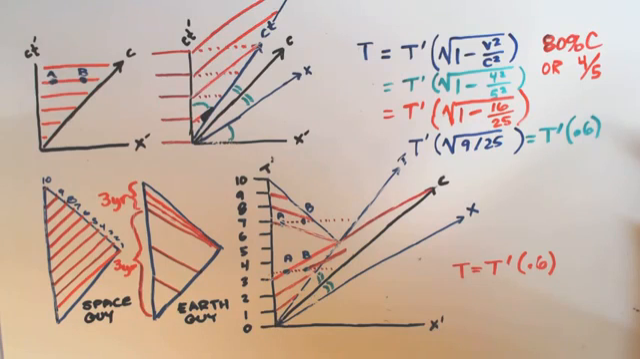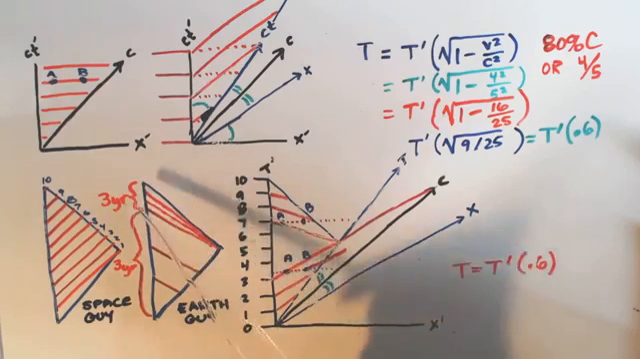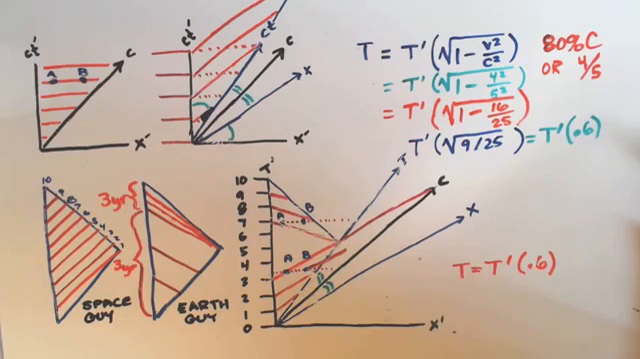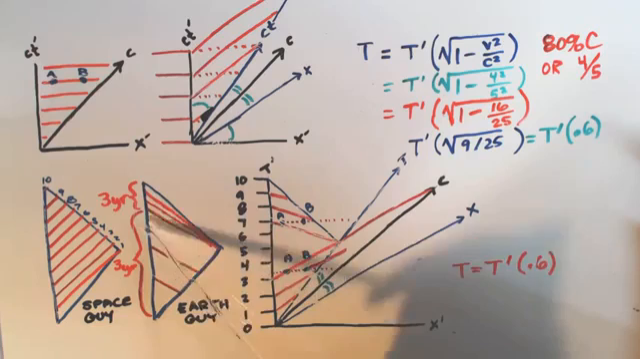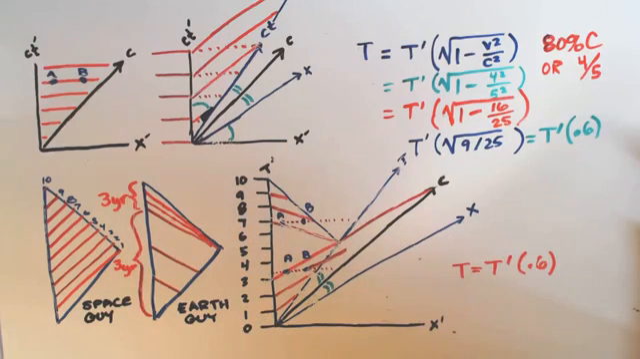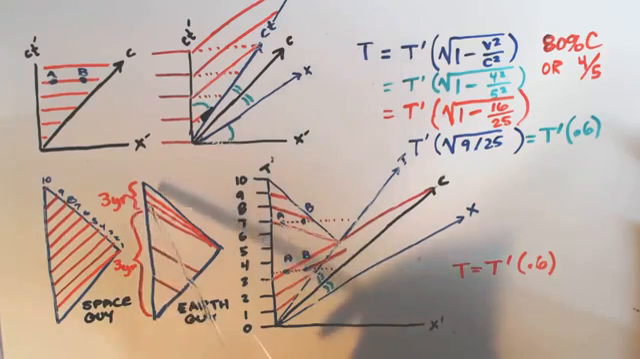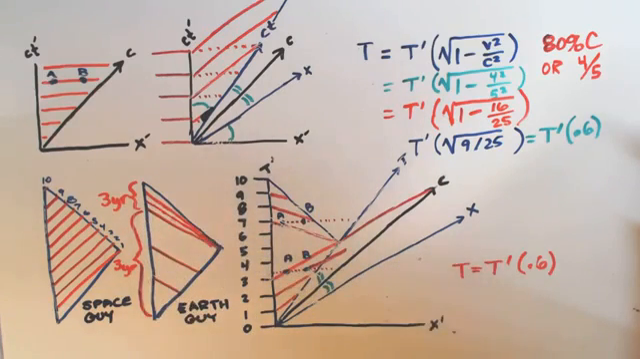And so after 3 years, the Earth guy sees him being 3 years old because it took that long for the picture to get there. You know what I mean? For the light to get to him. And this is like 9 years right here for the guy on Earth. So for the first 9 years he sees the guy on the spaceship at